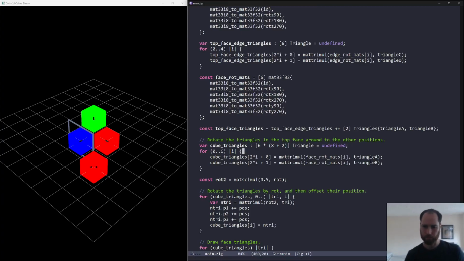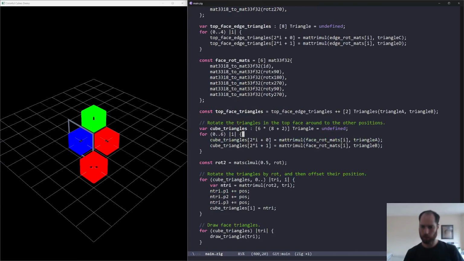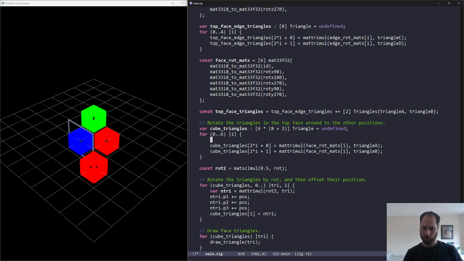And then we want to put these inside another loop. So now we want to say for all of these indices, and then for the triangles, for the top face triangles,